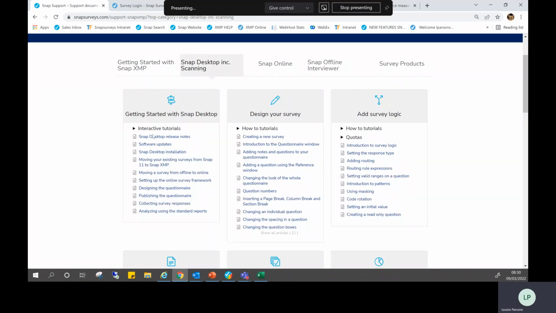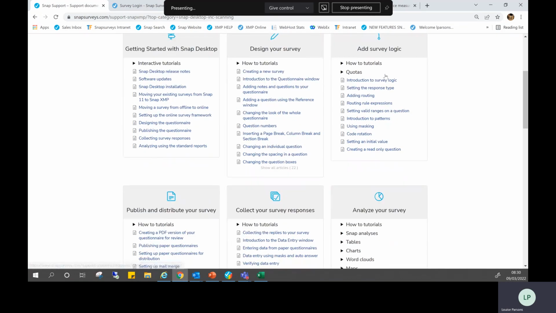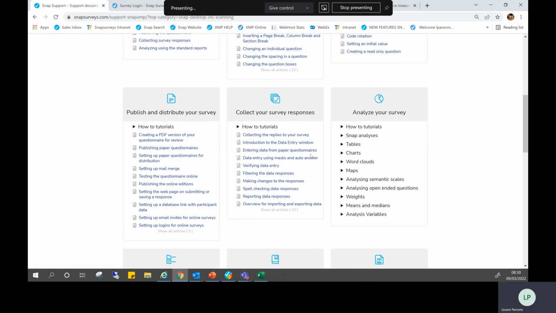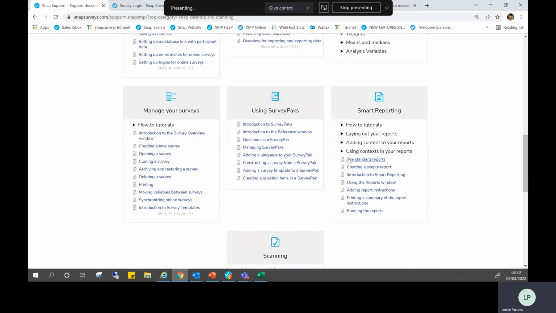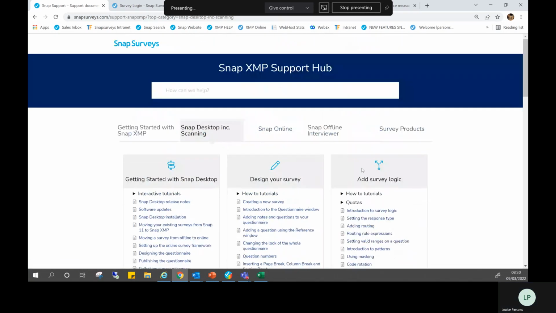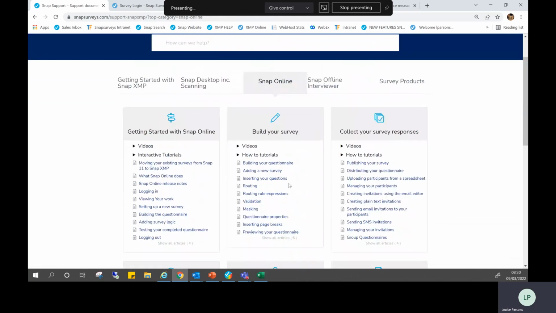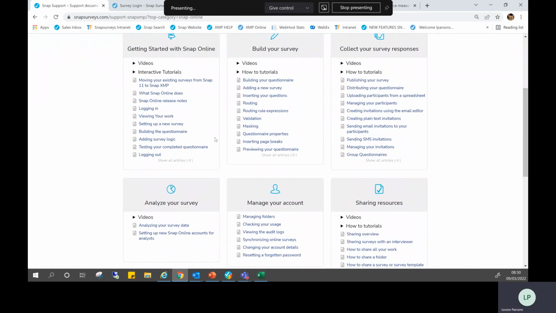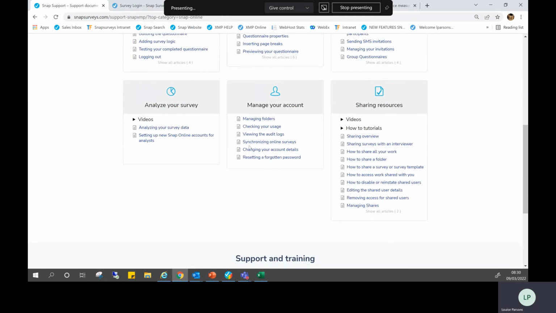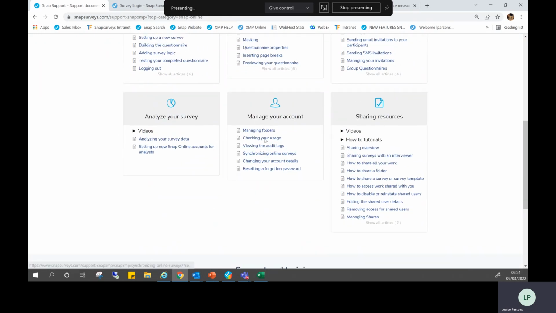Everything I can do with my Snap desktop license, all of the advanced logic surveys that I can create, all of the analysis I can do, all of the reporting. Or if I'm looking for my online, this will show me everything to do with my online account, and I can go through and find the information on what I need to do.